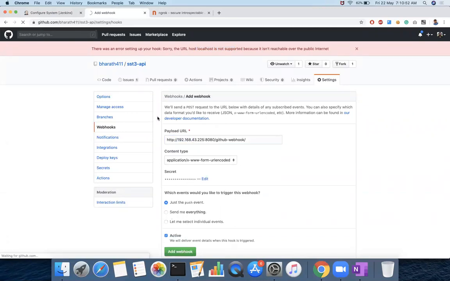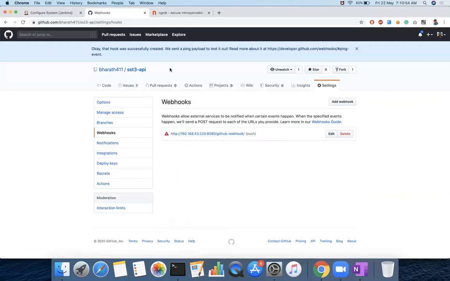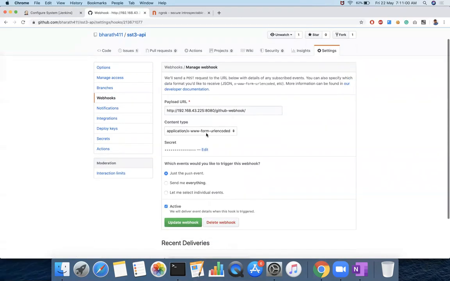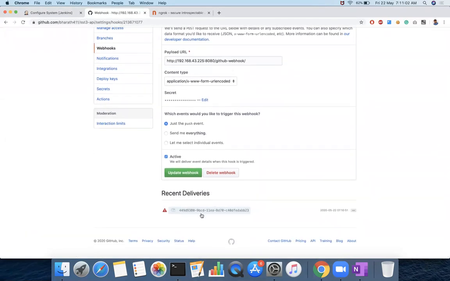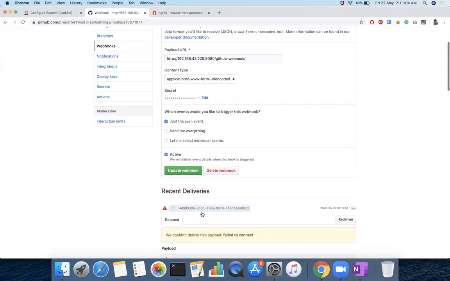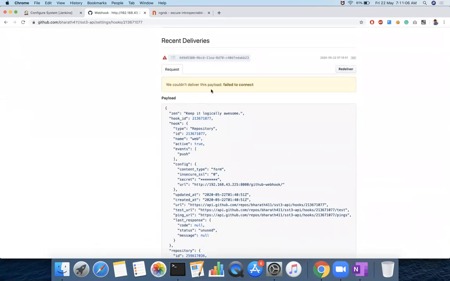But when you push, it will not work. If you see recent deliveries, it will tell you we could not deliver this payload, failed to connect. That happens because your IP address is not internet exposed.